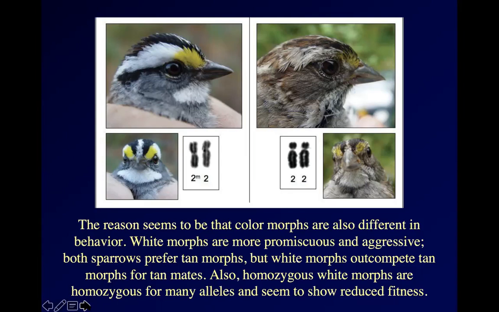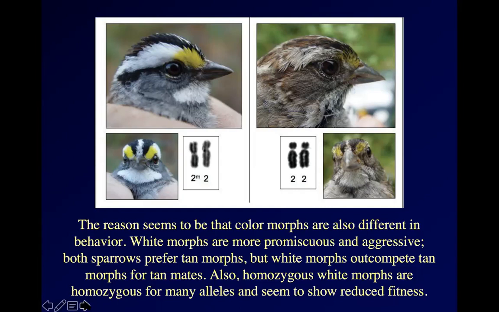Well, if two homologous chromosomes pair up and one of them has a piece that's been put in backwards, that piece can't recombine. Which means that if you have a chromosome inversion, you inherit all of that inverted block of chromosomes as a single unit, because you don't have crossing over in that area because the chromosomes can't pair up properly. And that means there's a whole bunch of genes that are linked to the genes on that inverted chromosome. That means white morphs are not only whiter, but they're more promiscuous and they're also more aggressive.